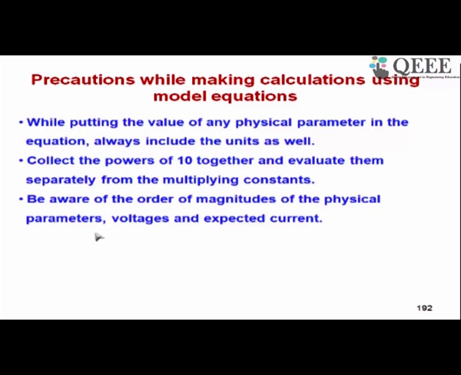So that is what is said here. You should be aware of order of magnitudes of physical parameters, voltages and expected current. So here, because I was aware of the magnitude of the expected current, I knew that I made a mistake here. I could locate the mistake. Now similarly, you may make a mistake in writing the values of parameters, right, and that also you should be able to detect. For example, if by mistake I have put lifetime in seconds, that is wrong. You know, lifetime should be of the order of some tens or hundreds of nanoseconds to tens of microseconds. That is the range.